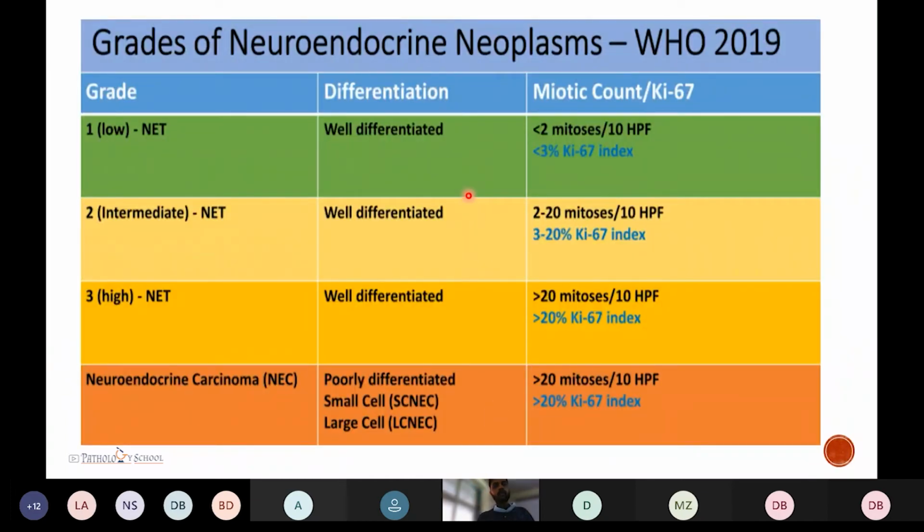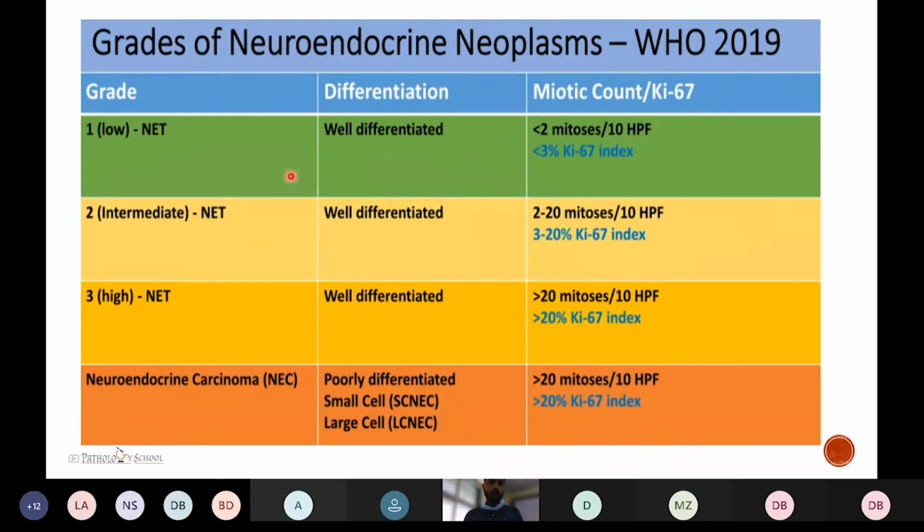Coming to the grading of the neuroendocrine neoplasms, it is divided into 3 grades, and then the third grade also has the poorly differentiated, as we have discussed here. So the first 3 grades are well differentiated, and then we differentiate according to the mitotic count and Ki67 index. Okay, the Ki67 now is basically a nuclear stain. So Ki67 positivity is assessed to grade these tumors. Ki67 thus becomes the marker of cellular proliferation and also helps in prognosis of the neuroendocrine tumors.